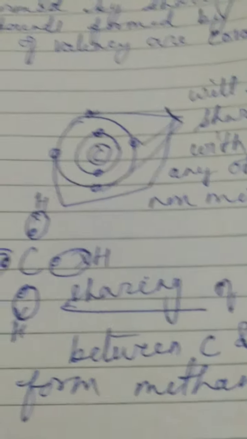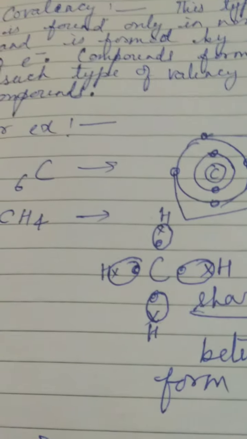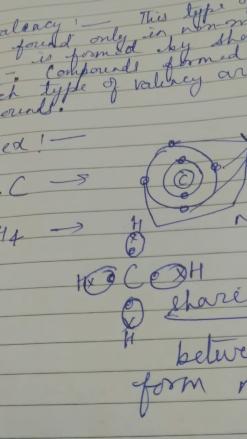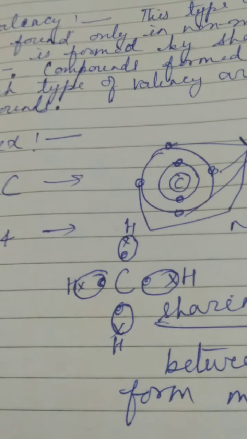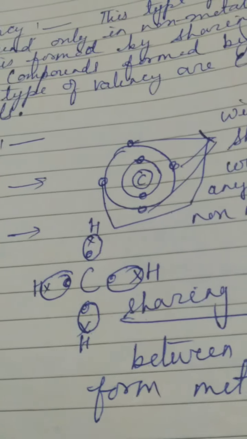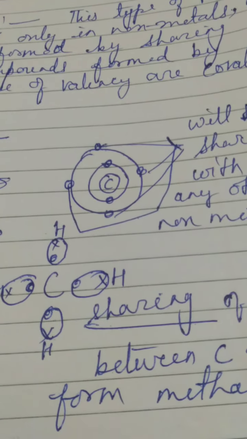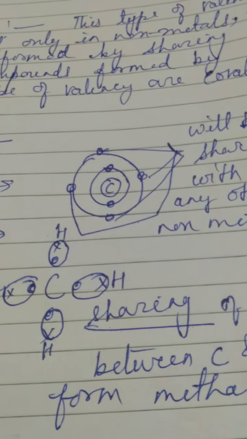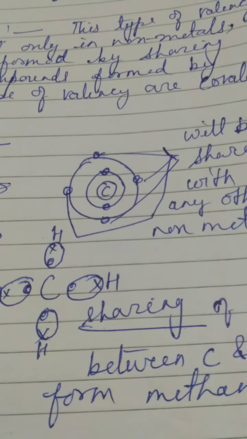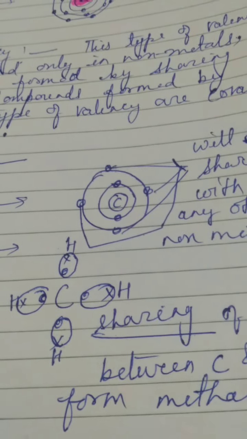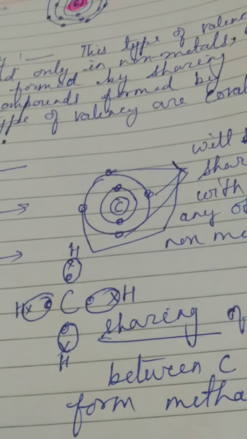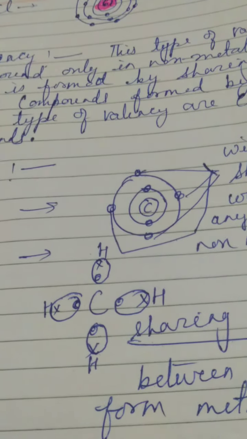Here you will see that the carbon example I have given you is the best to explain covalency. What happens is that elements having 4 electrons in their valence shell can neither lose nor gain these 4 valence electrons, because the fourth ionization energy has not been discovered, because it will lead to a heavy imbalance of charge. 6 इलेक्ट्रॉन में सपोज कीजिए कि 4 अगर निकल जाएगा, कार्बन का इलेक्ट्रॉन लूज हो जाता है,